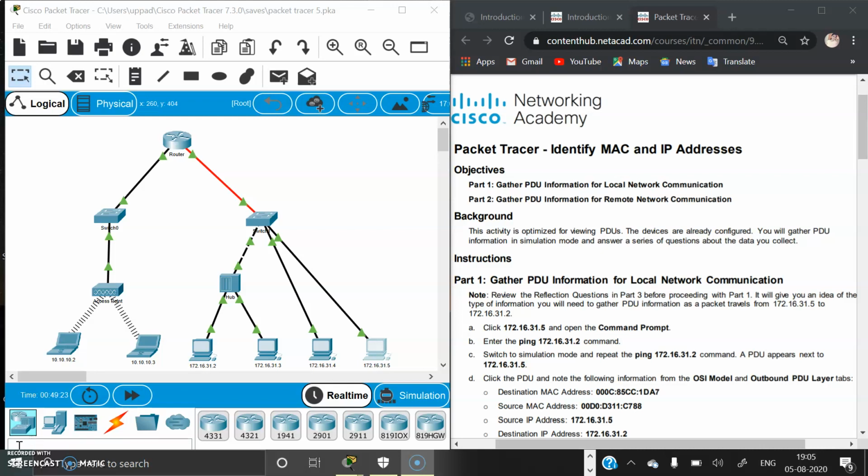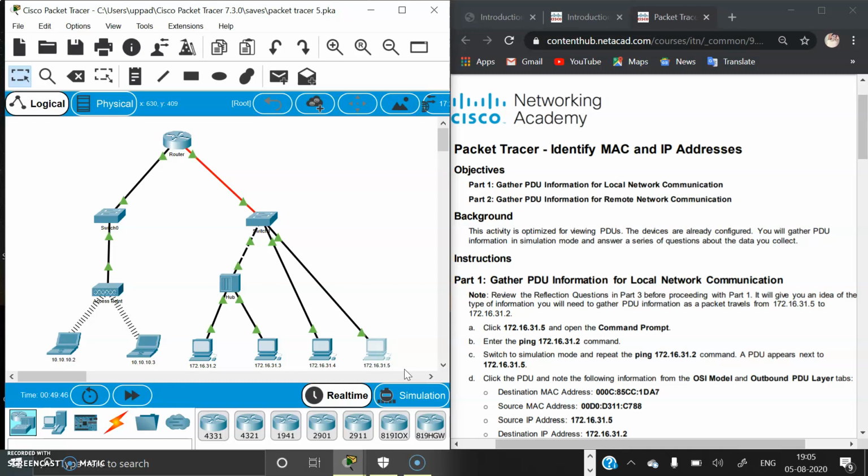Okay. Firstly, when we see the instructions, we have to gather the PDU information for local network communication. For that, we have to ping 172.16.31.2 from this PC. Then we will gather the PDU information.